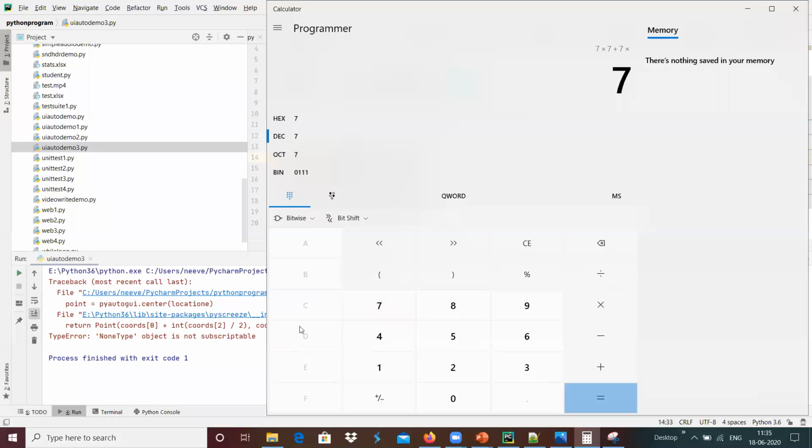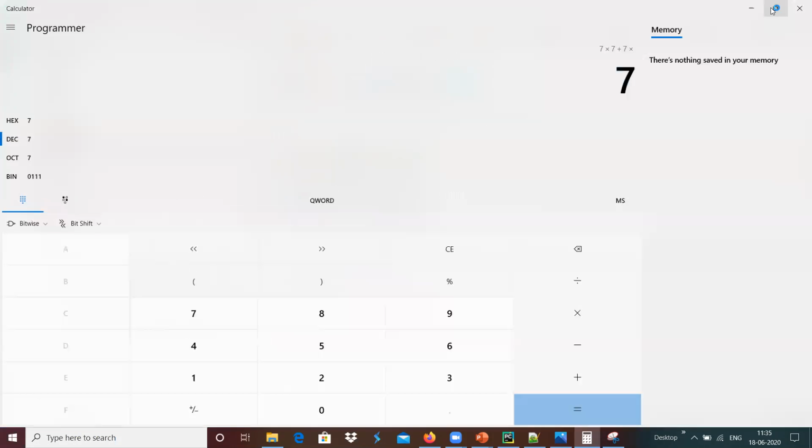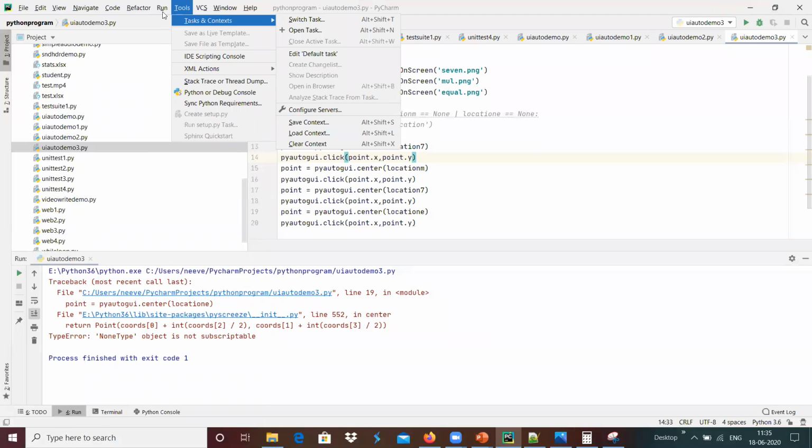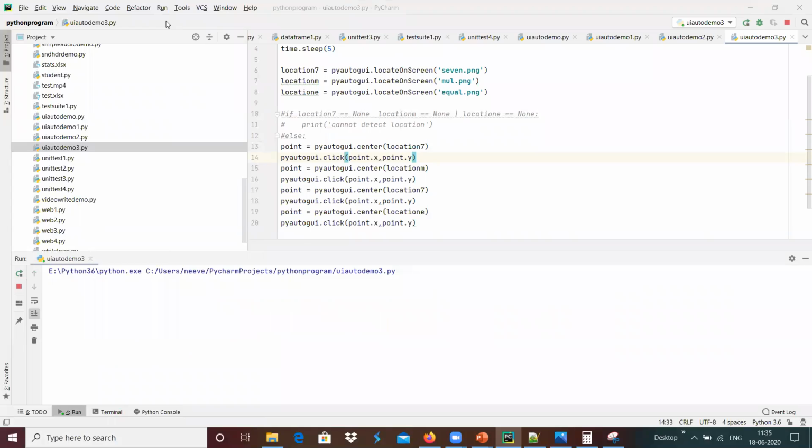Equals is not detecting properly over here. Sometimes it's detecting, sometimes it's not detecting. Maybe I'm going to do full screen. Now we will see. Run UI test automation.